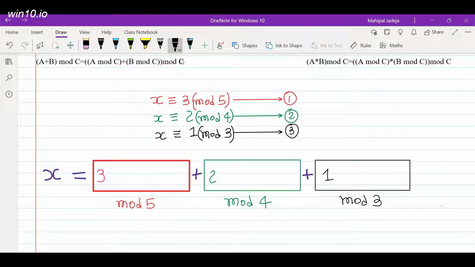But if I combine the solution, so now instead of 3, if I talk about 3 plus 2 plus 1, which is nothing but 6, then 6 mod 5 is 1 and it's not equal to 3. So if I consider the final solution, which is nothing but 6, then with respect to 6, equation 1 is not satisfied. So my focus is on equation 1 only as of now. Okay, so let's understand what is the issue here.